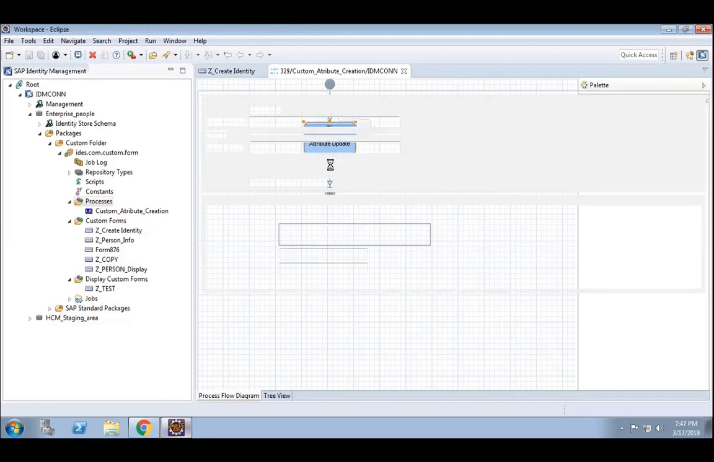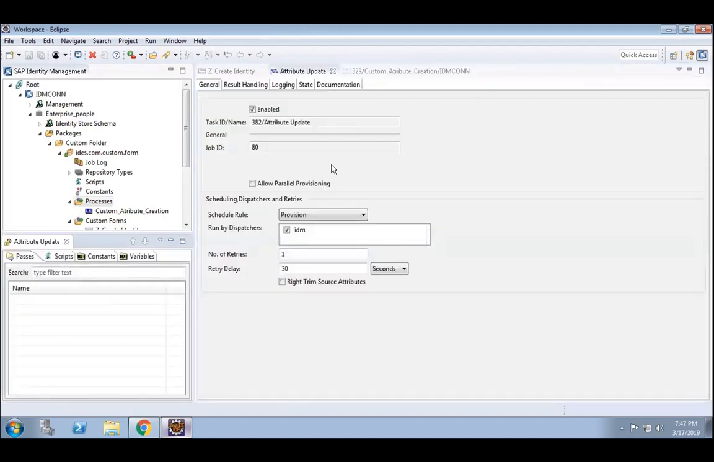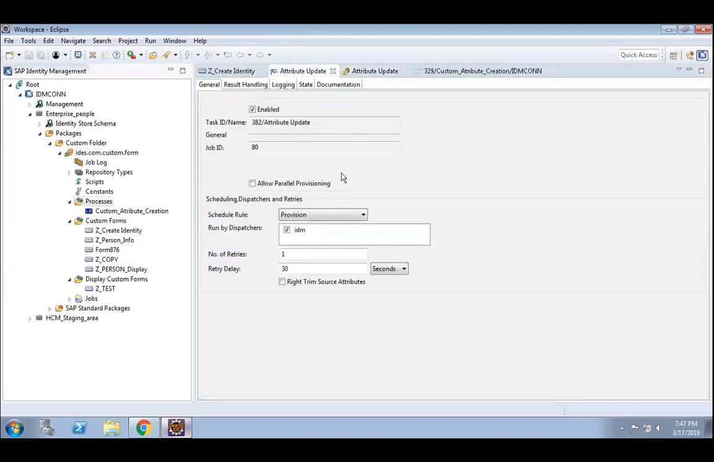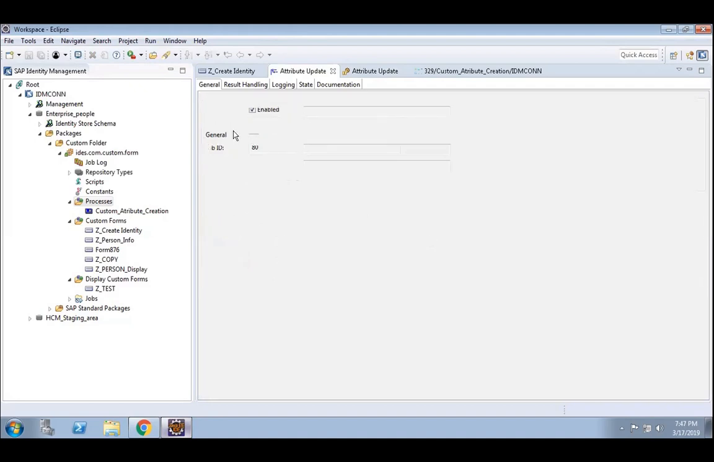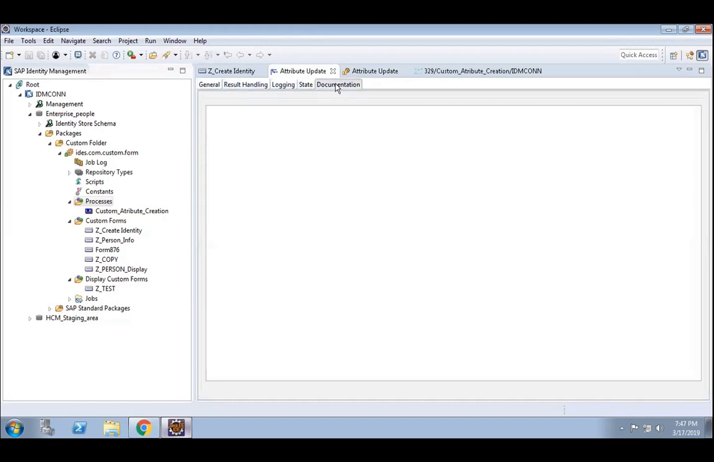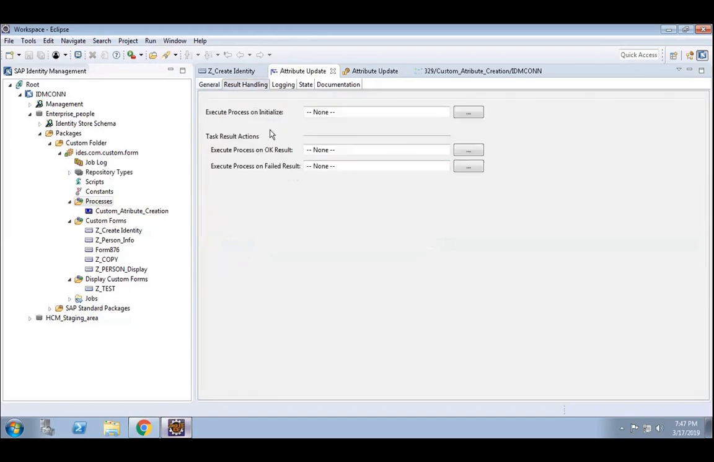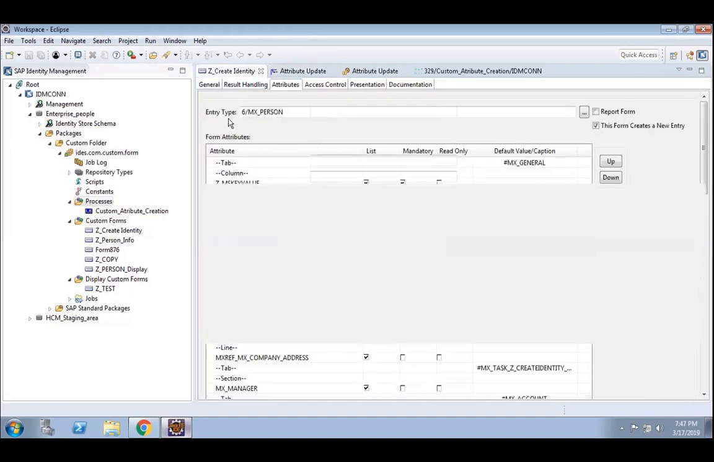action task. Every action configuration. Now once you open, you will have these properties of the action task: general, result handling, login, state, documentation. This is mostly the general property. You can see the scheduled is provisioning, run by dispatcher. This is the dispatcher. By default it will take the dispatcher. Result handling, again, is the same as what you can see in the result handling tab